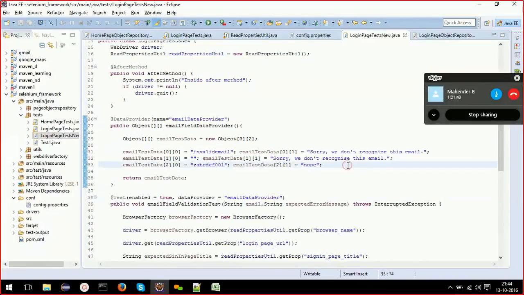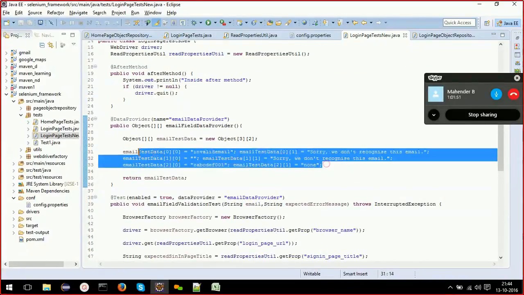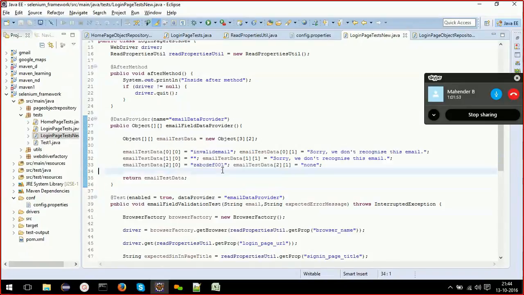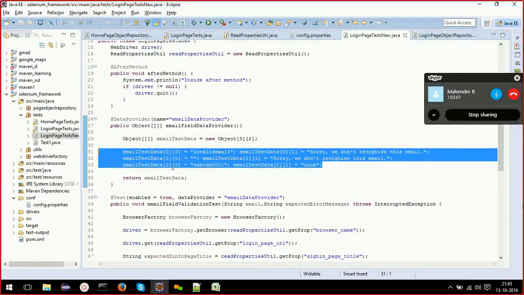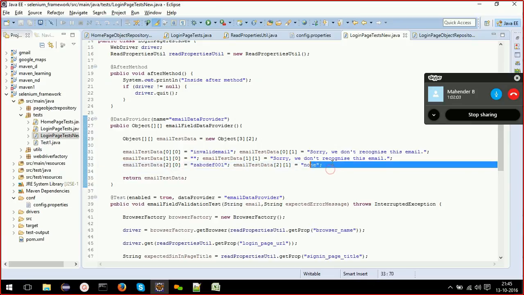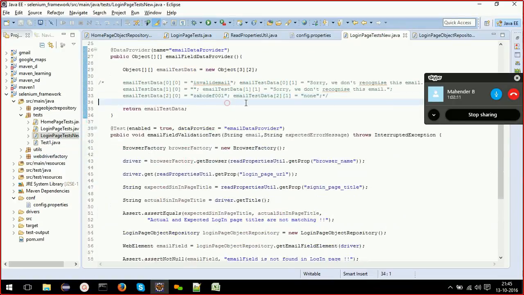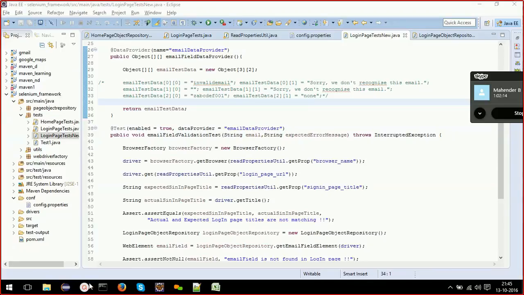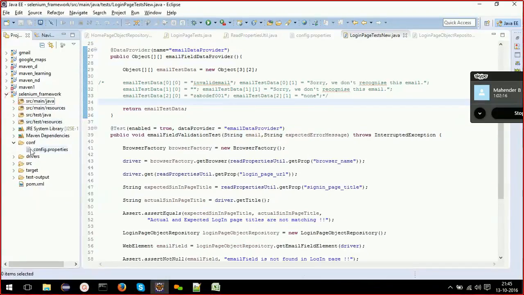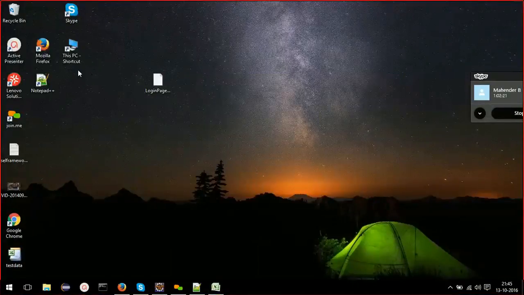Okay, now it's time to read this data from an Excel file instead of this. In fact, I hard coded it to make you understand it easily. So what I'll do, I'll just comment this out. Now I want to read this from an Excel file. How to do that? First I'll put this test data in a configuration file. I'll consider this also a configuration file, test data.